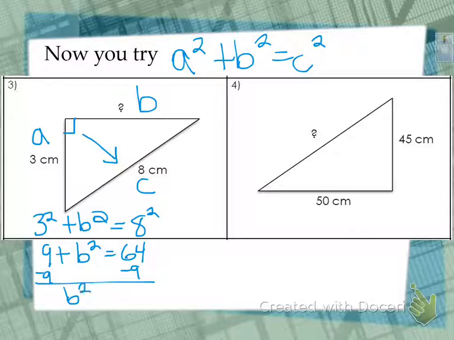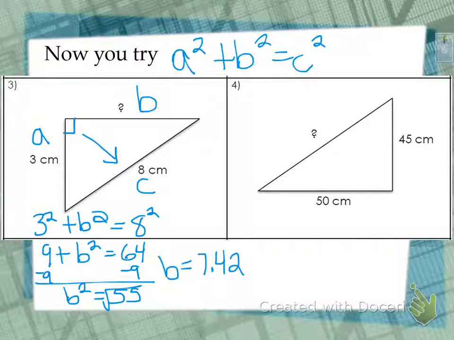B squared equals 55. And when I find the square root of 55, my answer is 7.42, because in my calculator it says 7.416, so the 6 tells the 1 to go up, and I have